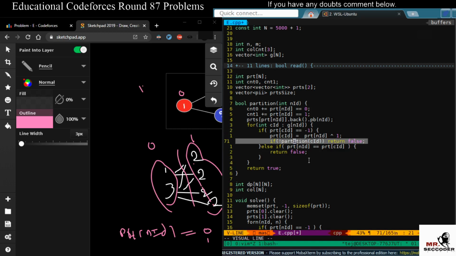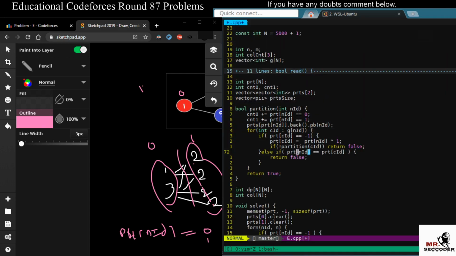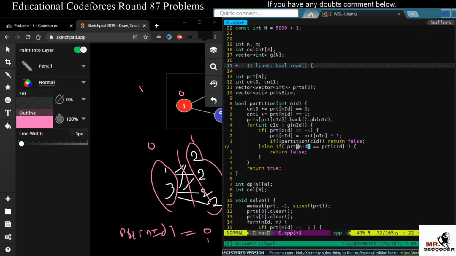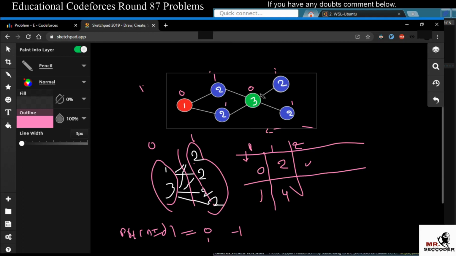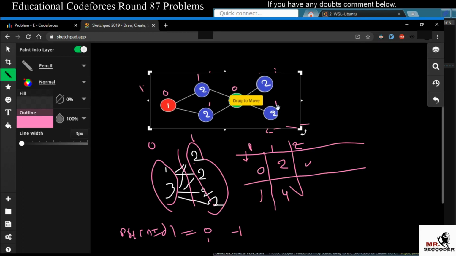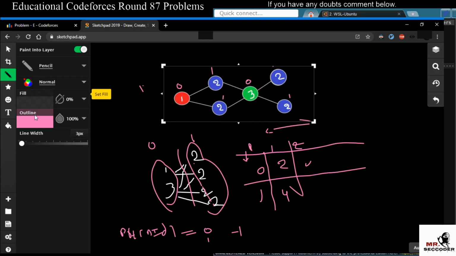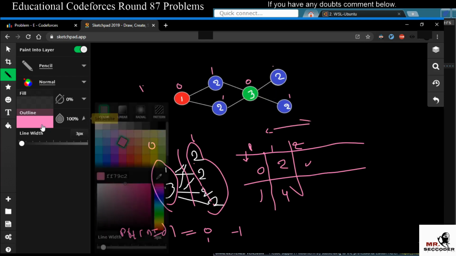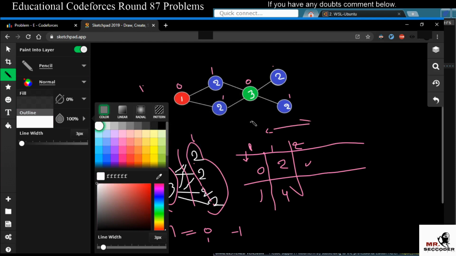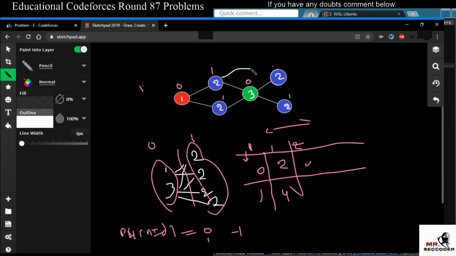If the child node partition is not able to process, we'll return false. If there is a cycle like this, let me change the color of the pencil. Let's say there is some sort of edge here which forms a cycle. Since you are having one here, you're using this as the parent current node id, and the child node is this. So if you already processed this before,